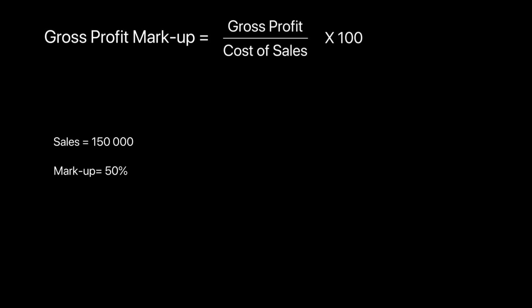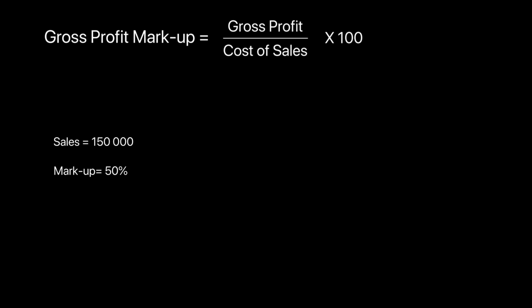Alright, another concept that is useful in the budgeting calculation would be the gross profit markup. We've seen the gross profit markup earlier as well in the course. What is the gross profit markup? That's just a percentage of profit that we express on the cost of sales or on the cost of goods acquired. This is basically how firms price their goods,